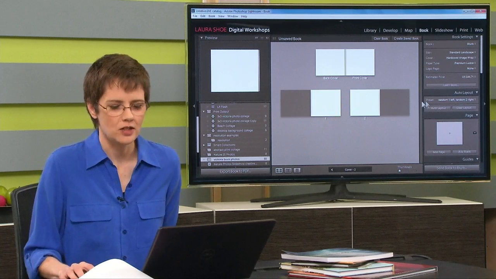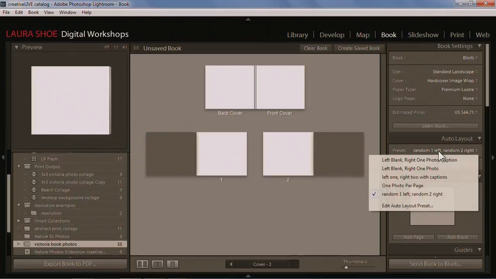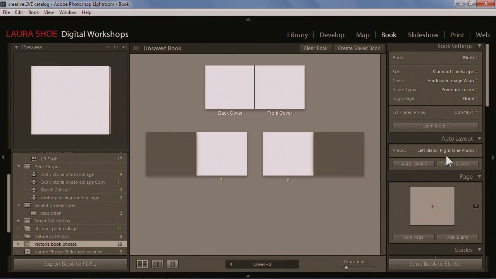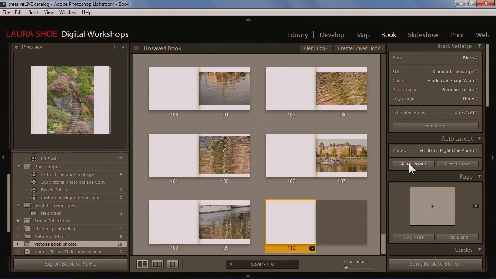This is just getting too boring for me. So in auto layout here, I'm going to just start with something that you guys have on your own machines here. Left blank, right one photo. Yours is probably set to that. I'll get into explanations. But I just want to click on auto layout here and have Lightroom create a first